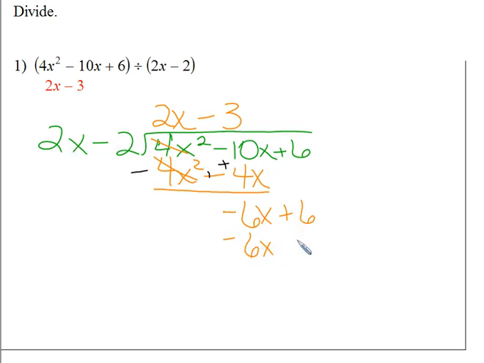Negative 2 times negative 3 is positive 6. And we will be subtracting this amount, so we will be going through and changing the signs. And as a result, everything cancels out and we have a remainder of 0. And that's where we get this answer of 2x minus 3. Next,